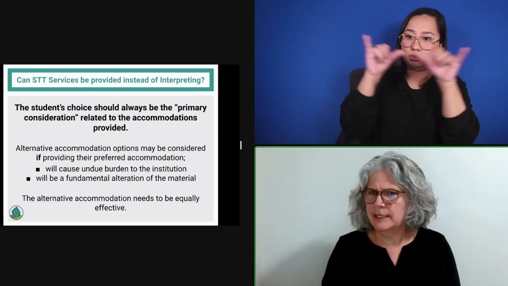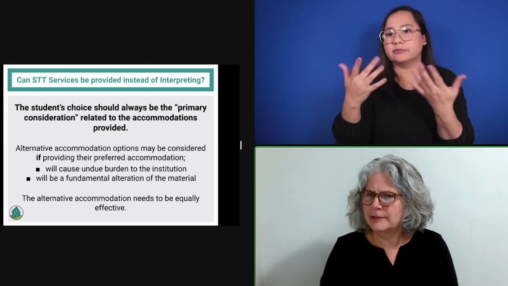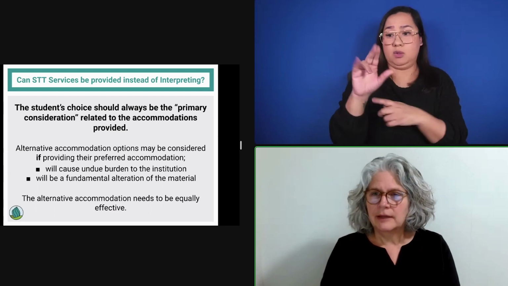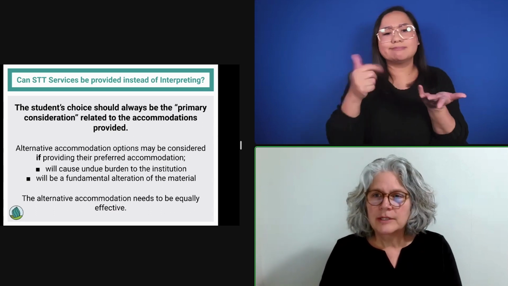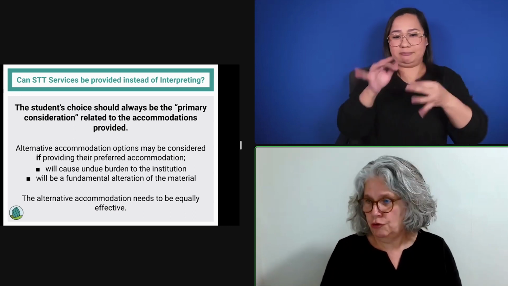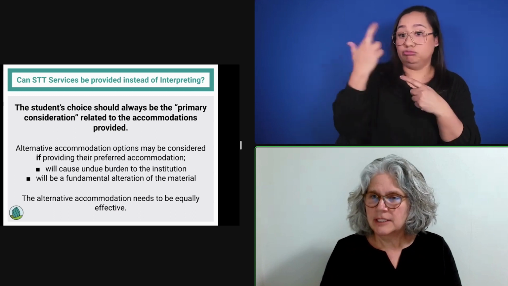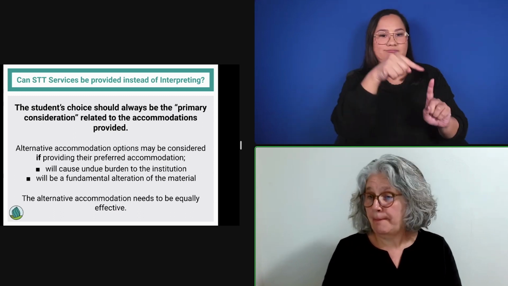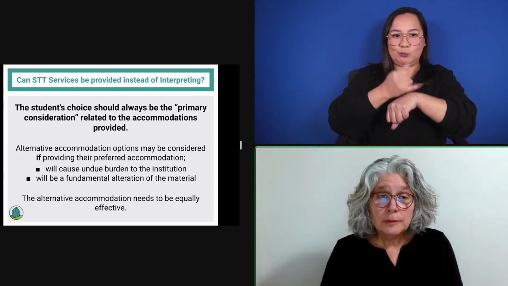An undue burden is not likely a valid rationale to providing an alternative accommodation. The reason for that is the burden would have to be to the entire institution, not just the Disability Service Center. It could be